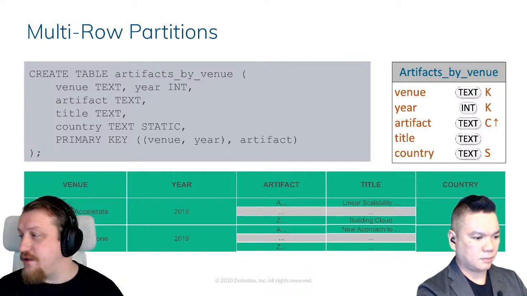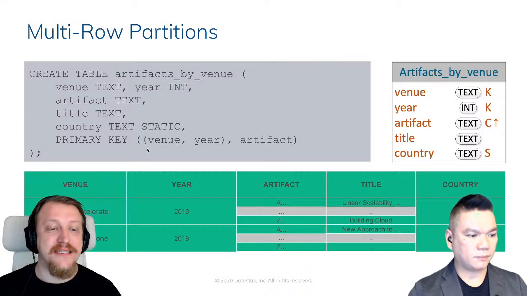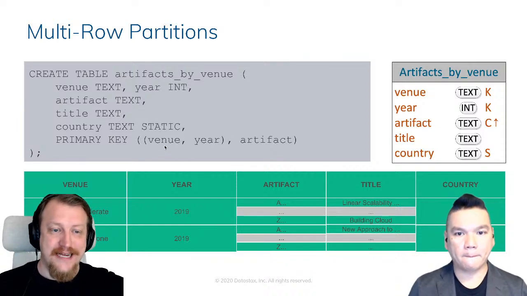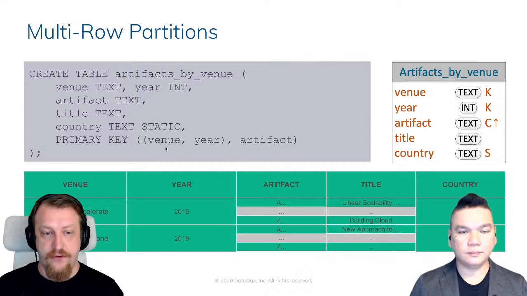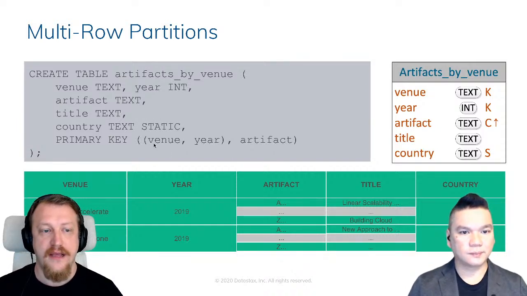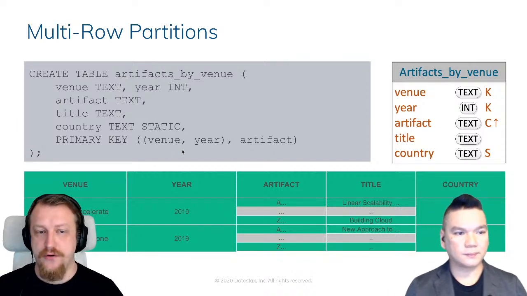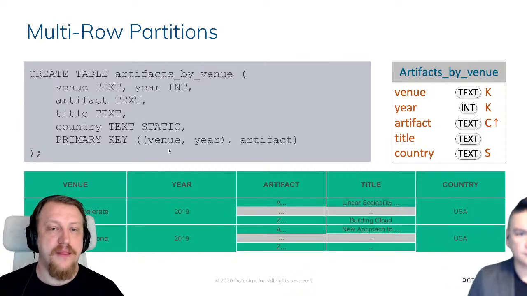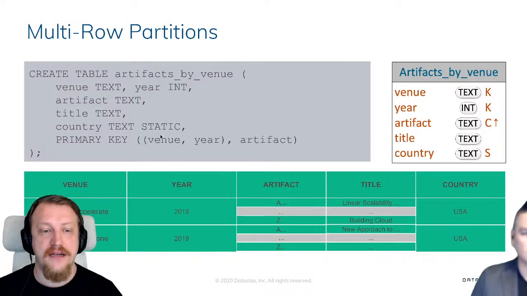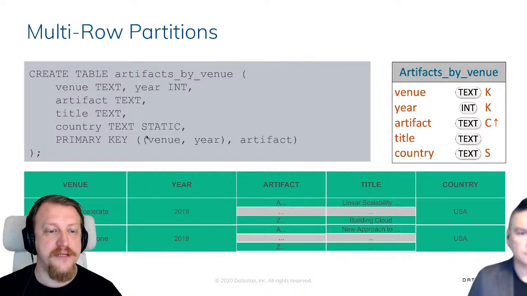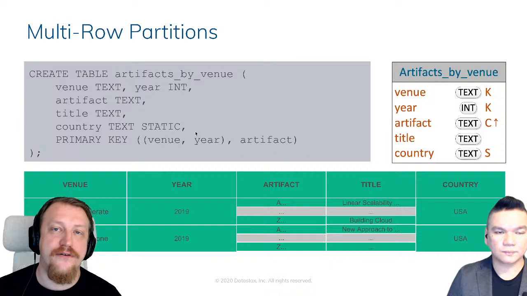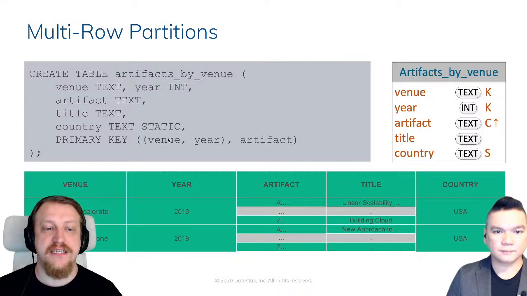Very simple, and thank you for the question, Vivek. The point is, I can omit parentheses. And in this case, Cassandra takes as a partition key by default only the first value. So if I write just venue, comma, year, comma, artifact, then only venue will be the partition key in this case. And if I want to set a composite or compound partition key, as some people say, then I have to specify parentheses, so it will be together the partition key, not just the venue.